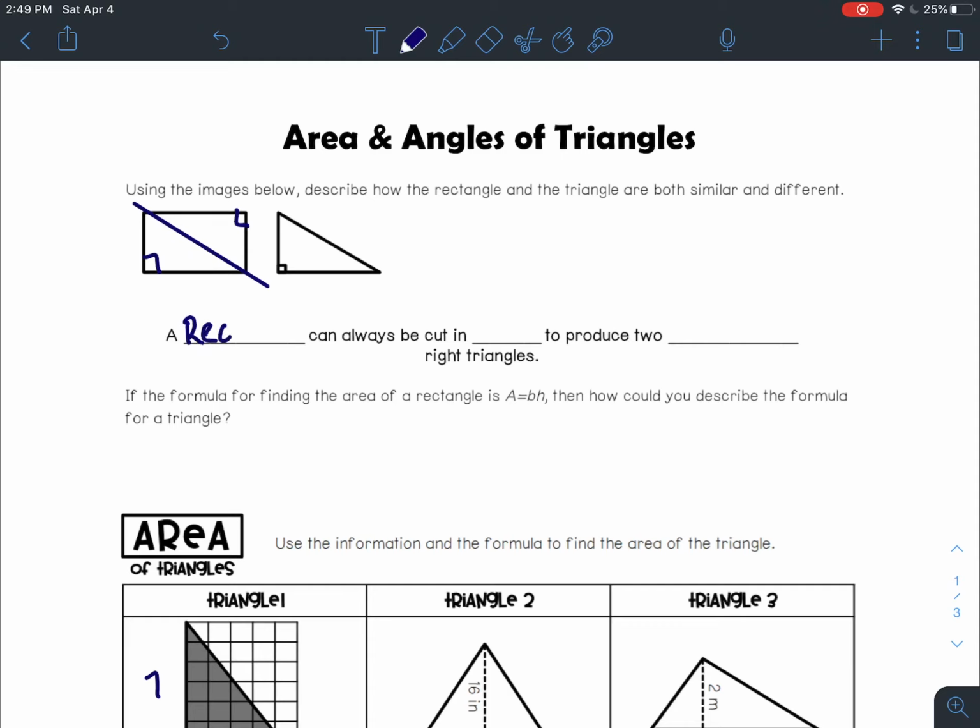So a rectangle can always be cut in half to produce two equal right triangles. Now that plays a big part in trying to figure out the formula. So the formula for area of a rectangle was area is equal to base times height. Now because I cut it in half to get one triangle, my formula is now